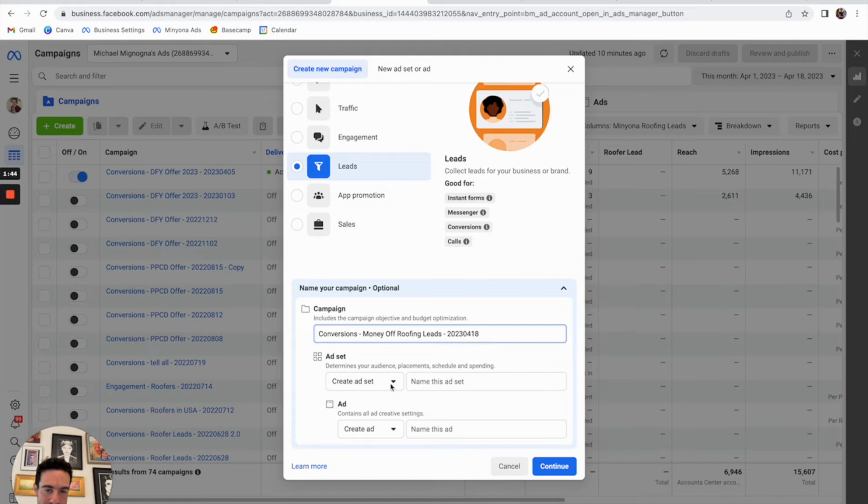And then I like to give the ad set a name, and we're just going to do one ad set. So I used to do a lot of retargeting, and I still do on occasion. And sometimes I just test it against a single ad set that just goes out to a broad service area. But I've recently just been going to a broad service area with no retargeting because Facebook is sending all